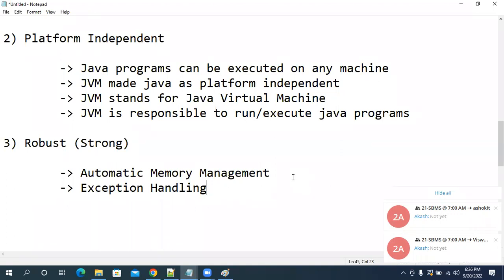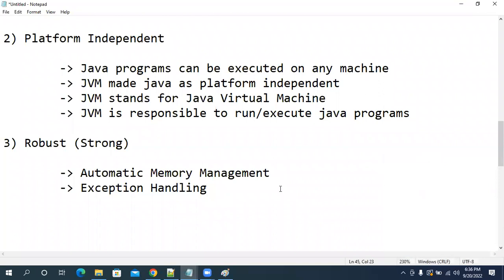There is a mechanism called exception handling in Java. Are you guys clear with my point? So people are calling Java robust because of automatic memory management and exception handling. Whenever you write a program, if any exception occurs in the execution, we can handle that in Java. Java has exception handling capacity. Automatic memory management is there in Java. That's why Java is called a robust programming language.